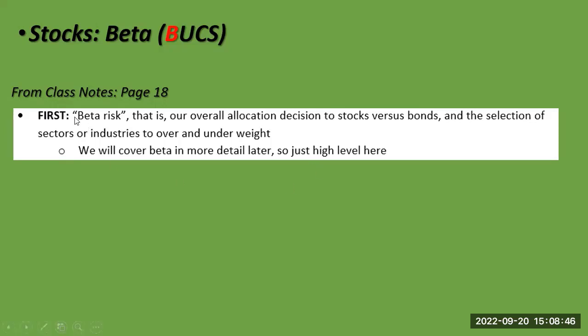Now, you've heard of beta because you had the capital asset pricing model in 2013, the most famous model in finance. But the word beta has taken on a life of its own. Beta is a number we plug into that formula, and you'll do that in paper 3. But beta also has a much bigger context. The word beta has come to mean, what markets are you invested in? What most people mean by beta risk is how much do you have in the stock market? But there's also the other context of, are you investing in high beta stocks or low beta stocks? So it's taken on a new meaning.